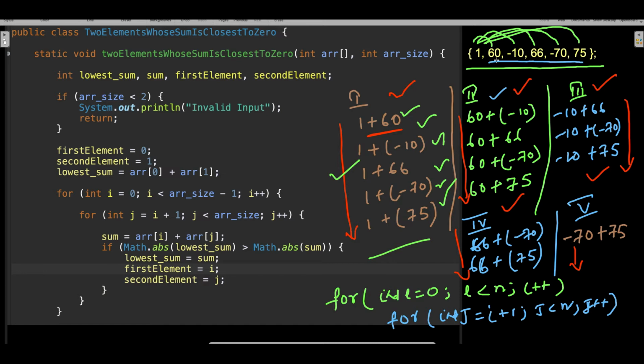Now when you are on the 60, what is the j? This is the j part. Then when you are on the 10, this is the j part. When you are on the 66, this is the j part. When you are on 70, this 75 is the j part.